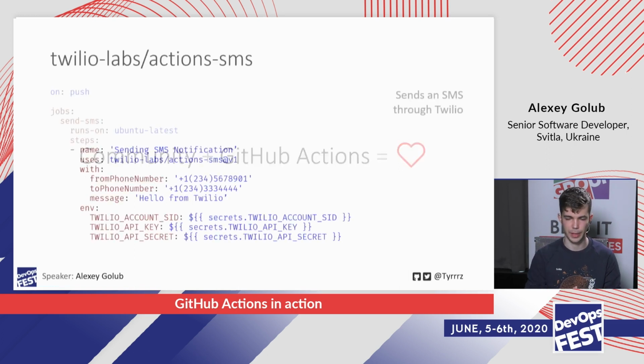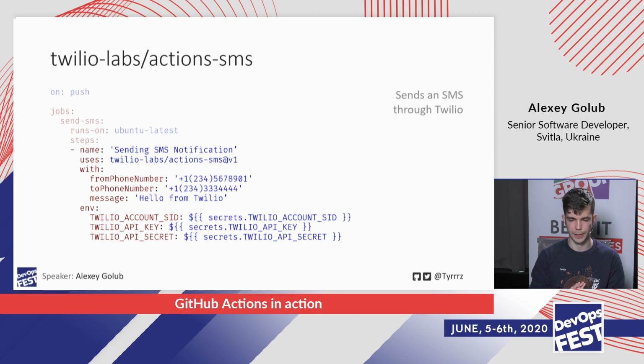And some examples of that: if you wanted to have a workflow that sends a message to your phone number whenever you have a deployment or maybe a test has failed, you can do that, for example, using one of the custom actions by Twilio Labs called Action SMS. Then you can specify here in one of your steps what is the phone number you want to receive the message on, and then what's the message, and of course the API key and secret, and then it will just send the message to you. There's literally nothing simpler than that if you want to do that.